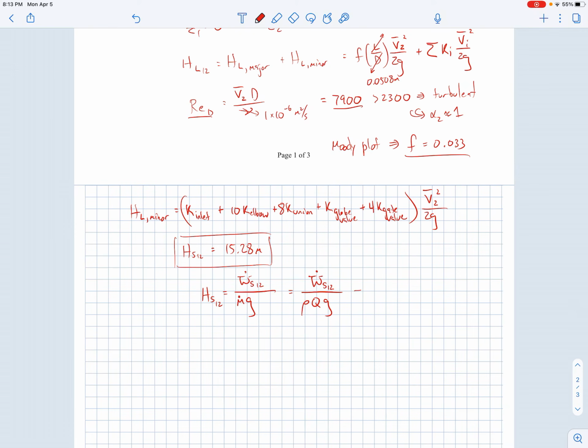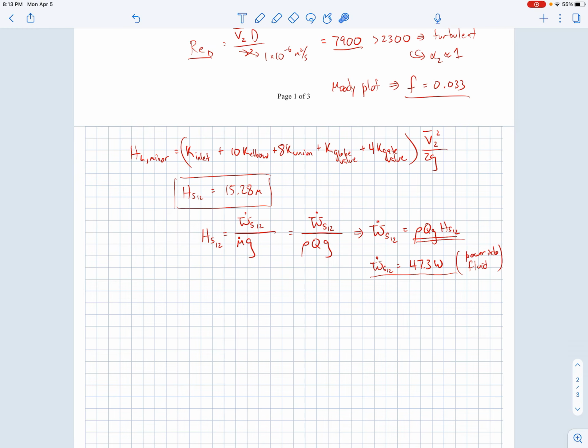And so we could rearrange that equation to solve for the shaft power. This is the power that needs to go into the fluid. So we know all of these values on this side, and we can calculate the power. When we do that, that comes out to be 47.3 watts, if I've done all my calculations correctly. So that's the power that goes into the fluid. It's the power that needs to go into the fluid in order for the fluid to flow at that flow rate. Now we're told that the pump is only